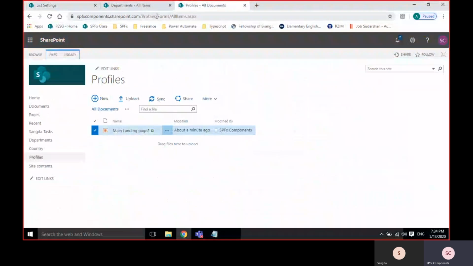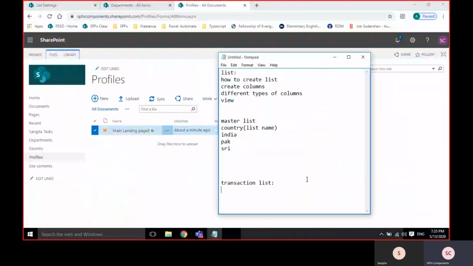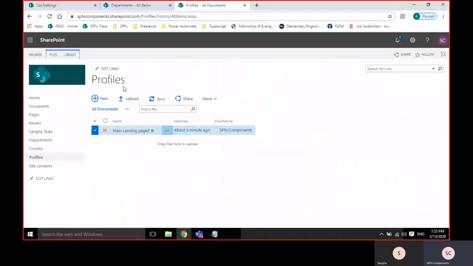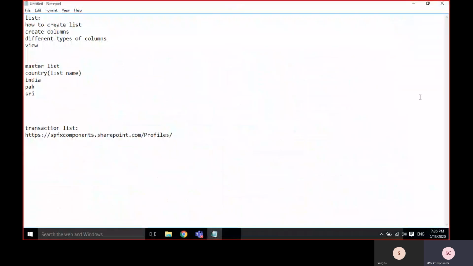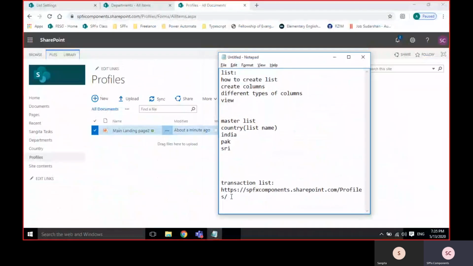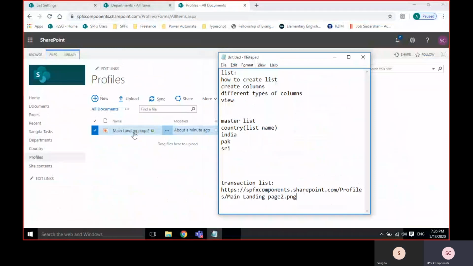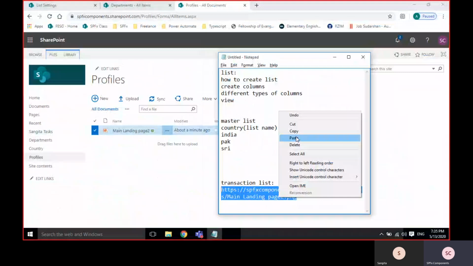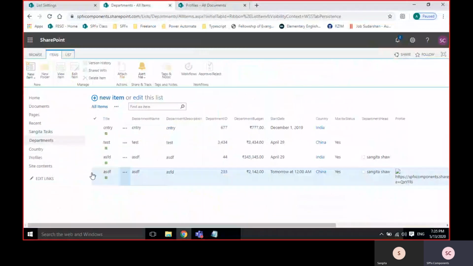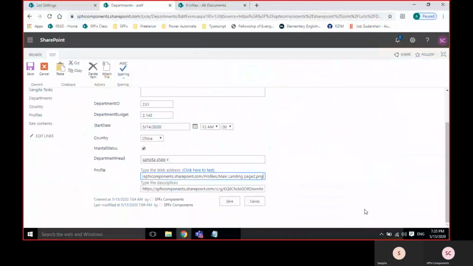How to take the reference: you have to take the URL, and it is under profiles. The name is landing page 2 dot png.